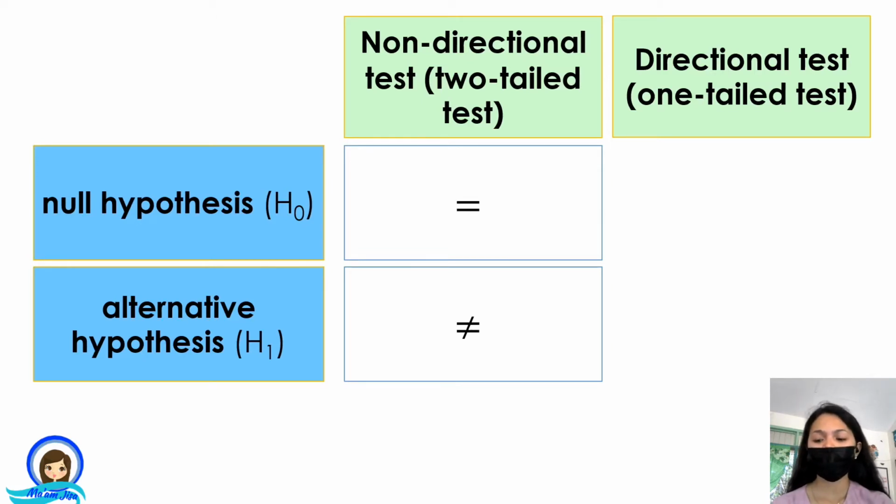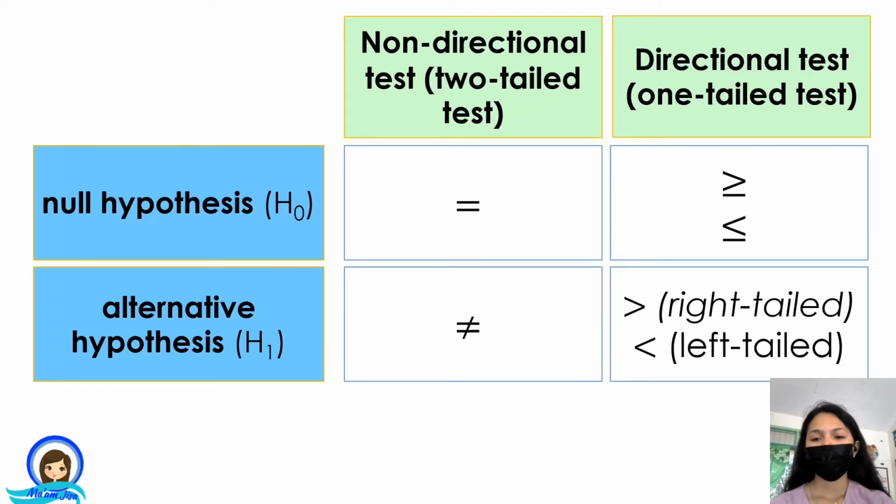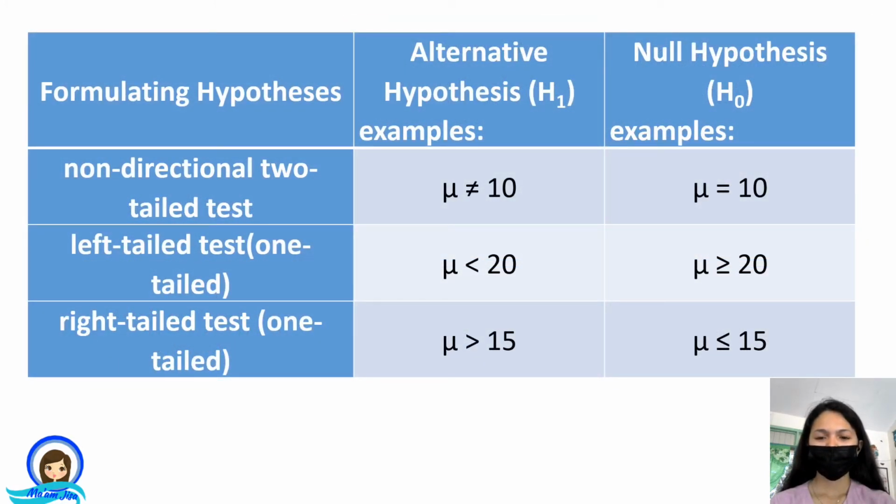For directional test or one-tailed test, this is the symbol used. For null hypothesis, you use the symbol greater than or equal to, or less than or equal to. Take note that for null hypothesis, there is a symbolism of equality. That's why we place here the equal to symbol. But for the alternative hypothesis, you use greater than for right-tailed test and less than for left-tailed test. So take note of these symbols because this will guide you to identify whether the given hypothesis is null or alternative. So in this table, you will see the difference with regards to the symbols used for alternative and null hypothesis in non-directional two-tailed test,